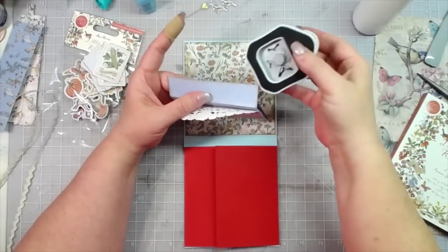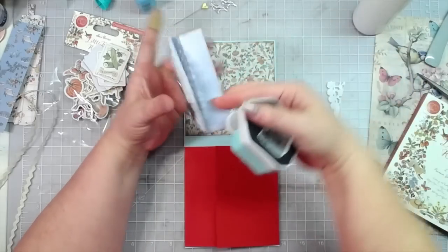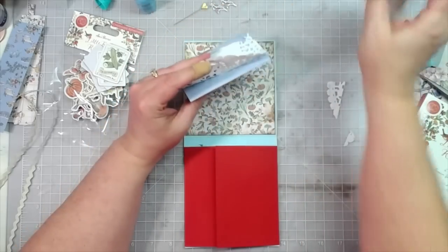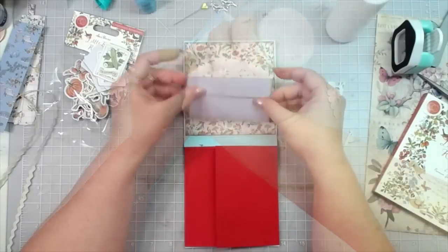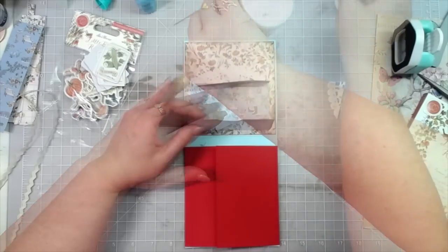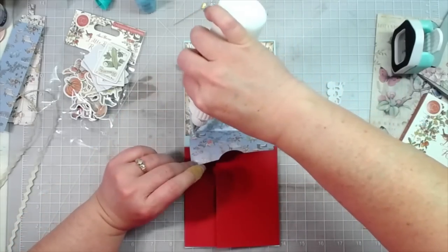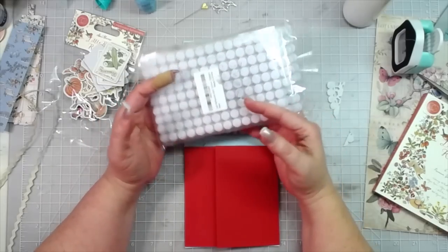I'm going to round the corners of the top flap of my envelope, and then go ahead and glue down my dolly to the top of the envelope, and then glue all of that down to that top flap, and then glue this down. Then I'll create my closure with these